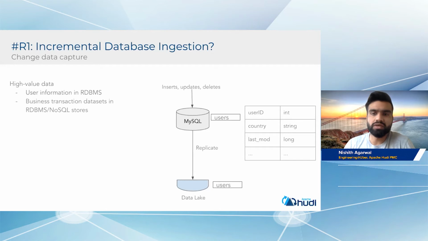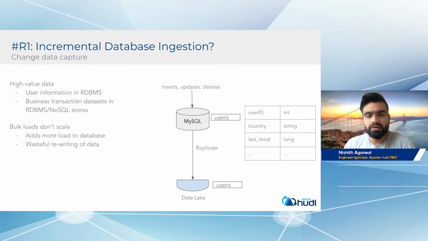Maybe it's user information, maybe it's business transactions about the businesses that you are running. And what you want to do is replicate this high value data to your data lake. Traditional methods of doing this involve bulk loading, which is basically pulling data from these sources and putting